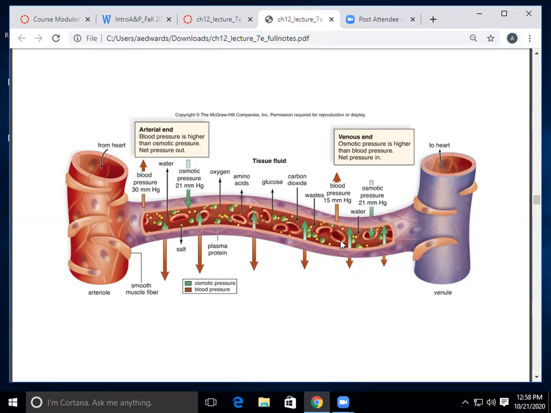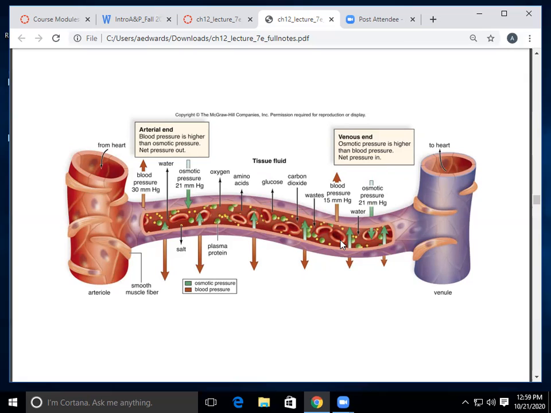There, and because the blood pressure inside the capillary is higher than the osmotic pressure, it's going to force pressure out, net pressure out. Now, at the other end, closest to the venule, we call it the venous end. And there, the osmotic pressure is higher than the blood pressure. Okay? So then you're going to have net pressure going in. Okay. So what we see here is that